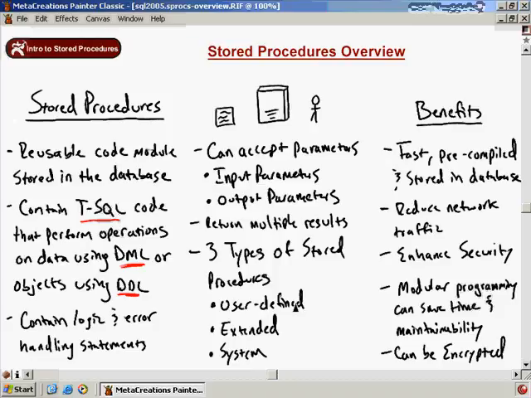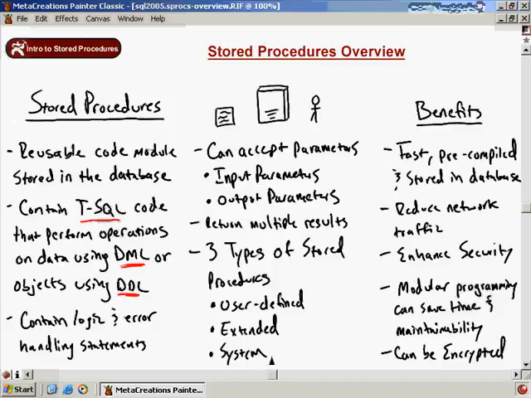We have user-defined, the most popular, the ones that we're going to actually be creating, and that's exactly what these are, stored procedures that, of course, we create. Extended stored procedures: in previous versions of SQL, extended stored procedures could only be built in C++. Now we have the entire CLR, the Common Language Runtime, at our disposal because it's .NET compliant, so we can actually create our own extended stored procedures in our favorite .NET programming language, and then import them in here. And we'll actually talk about how to do these types of CLR things in our video on